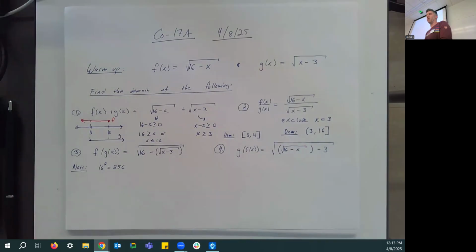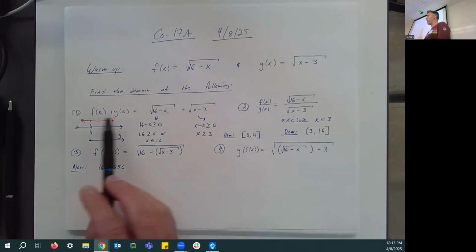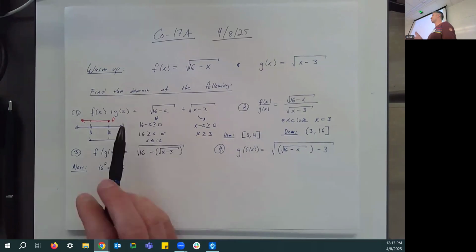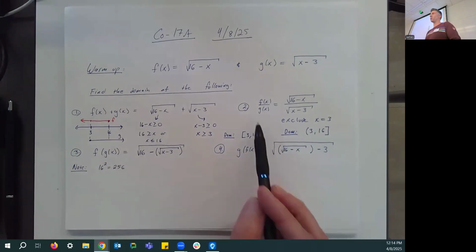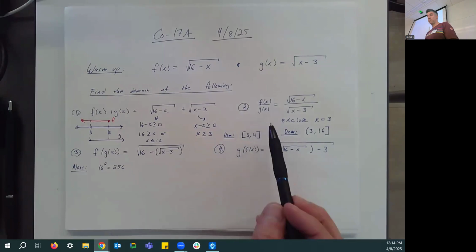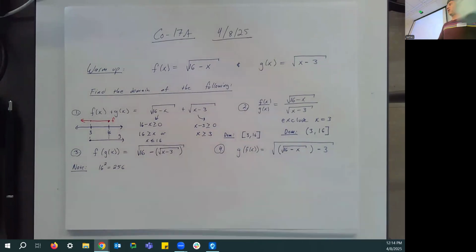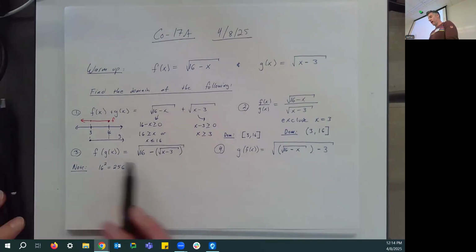It's been 5 days since I saw you all, but last time we met, I did mention how when you add or subtract or multiply or divide functions, all the domains are essentially the same, except when you divide, there's an extra caution we have to take about maybe dividing by 0. On the other hand, the composition of functions can end up with a very different domain than adding, subtracting, multiplying, or dividing two functions. So when we look at the composition of these functions, f of g of x, which is the square root of 16 minus the square root of x minus 3,